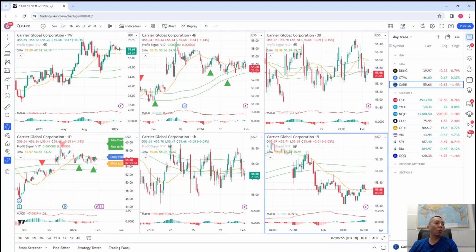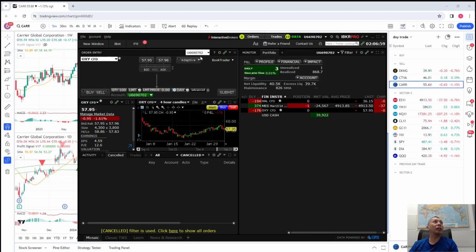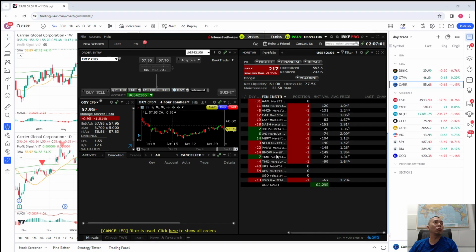But I didn't trade. Why? Because I was busy looking at options trades. So you can see I have put in quite a number of options trades. I've closed a few options trades for losses. You can see a realized loss of around $200, because I closed Apple, and I closed UPS, which we all know gapped down yesterday. So I take a bit of a loss, not too big.